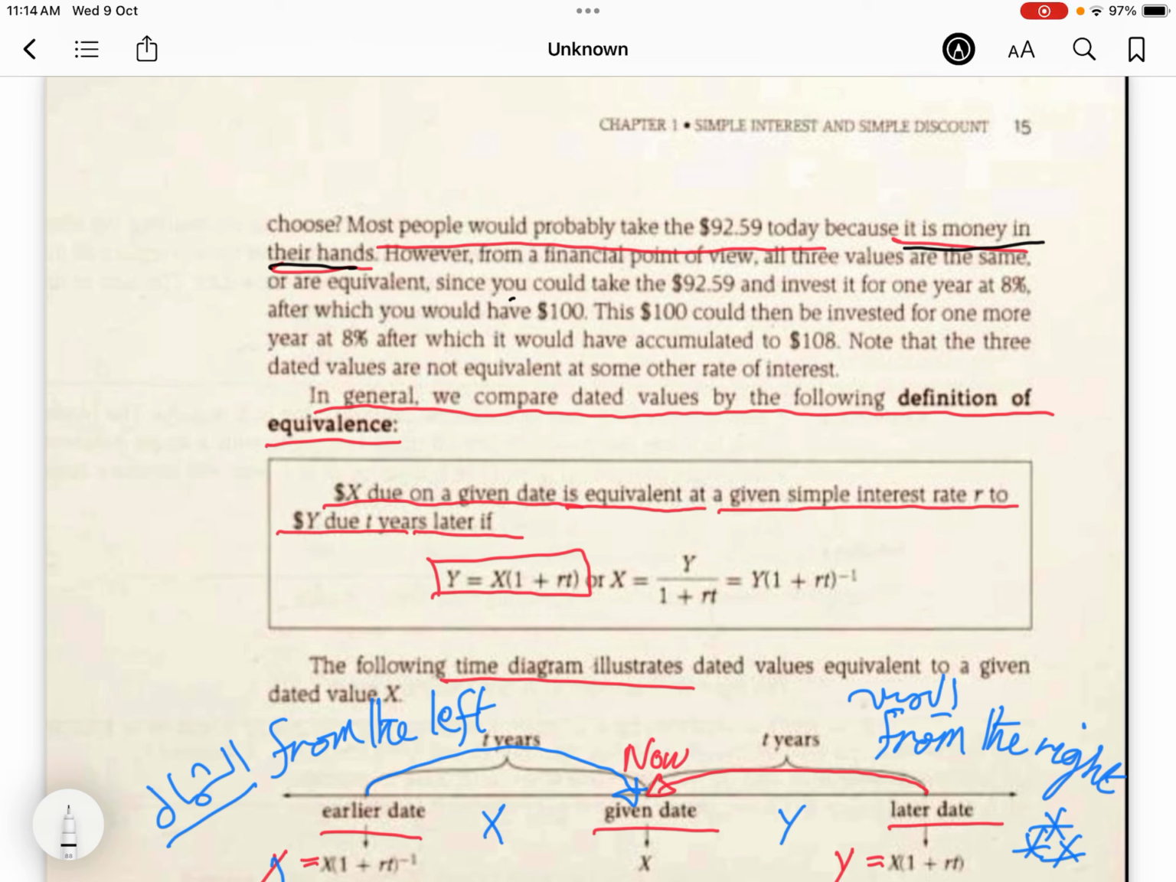X dollars due on a given date is equivalent, at a given simple interest rate R, to Y due T years later, if Y equals X multiplied by 1 plus RT, or X equals Y over 1 plus RT, Y multiplied by 1 plus RT to the power negative 1, which is the same, but notice